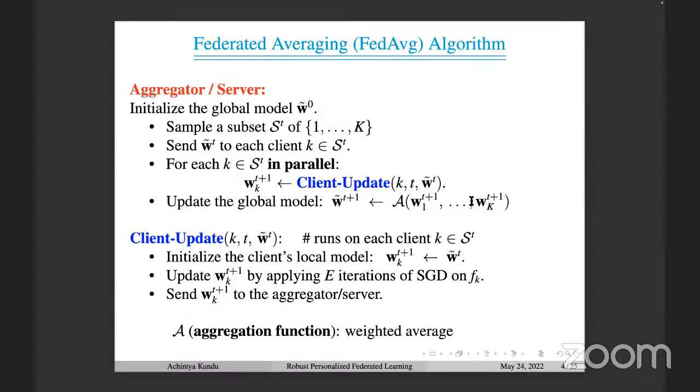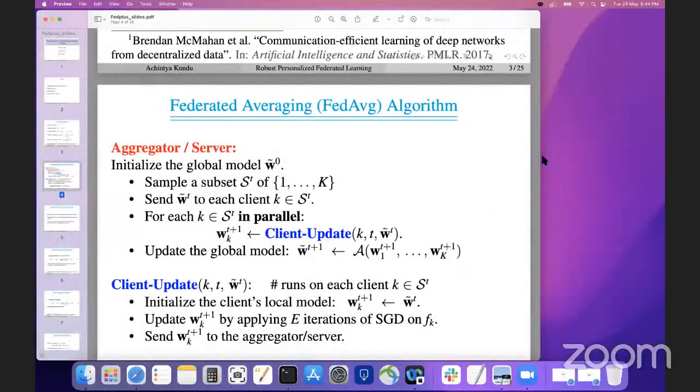At this point, I'd like to take a few questions if the setup is not clear, because we'll build up on this basic setup where the aggregator tries to combine the models given by the clients, and the client, after taking the model from the server, tries to optimize on its own data set. This is the basic setup we have. Any questions? Am I audible properly? Yes.